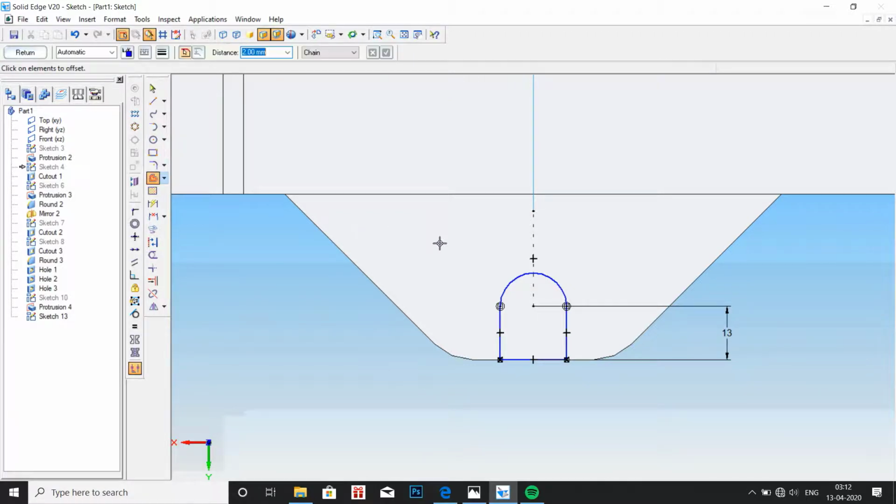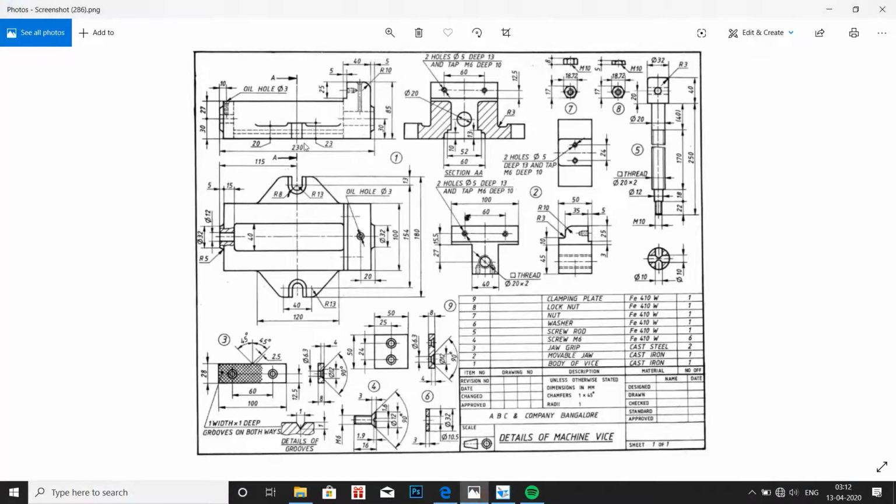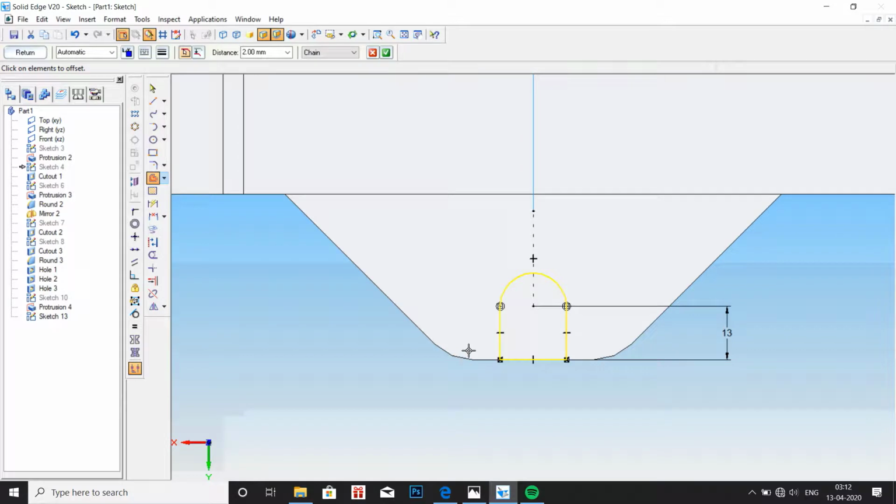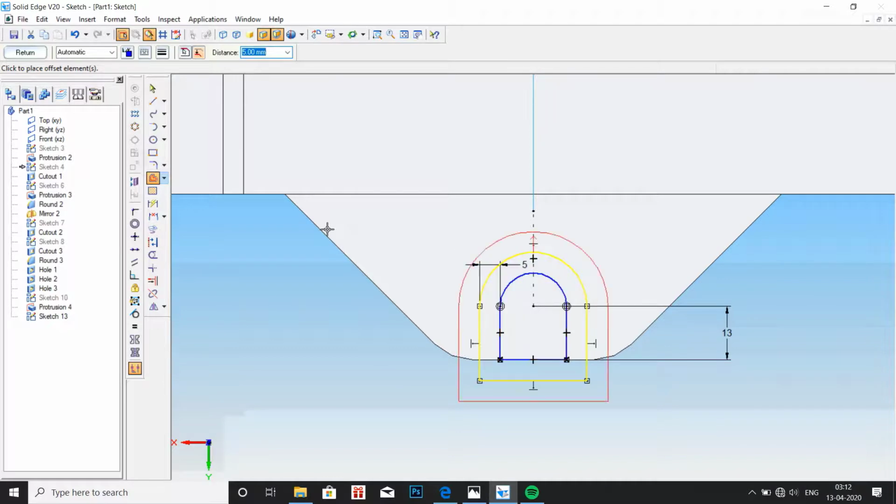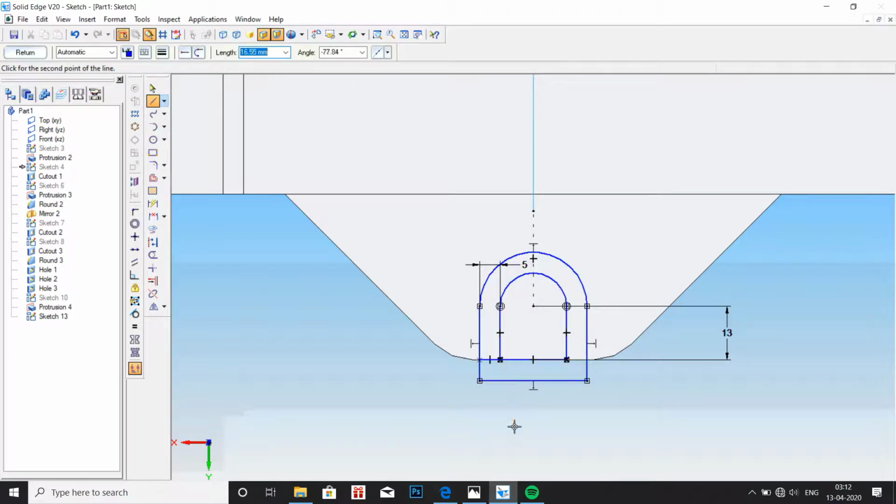Now go to offset, select this profile, and in the drawing we can see that the distance between inner circle and outer circle is 5 mm. Give the offset value as 5 mm. Okay, now connect the edge using a line and then remove the part which is outside the required profile.